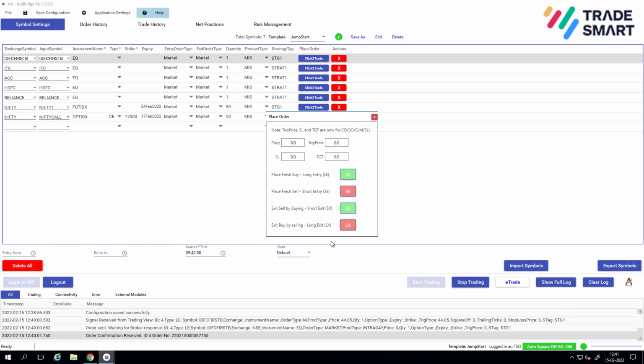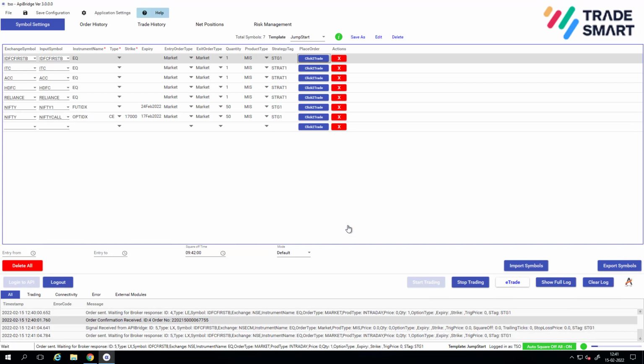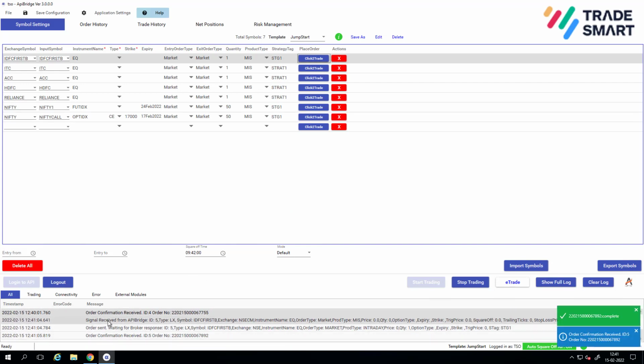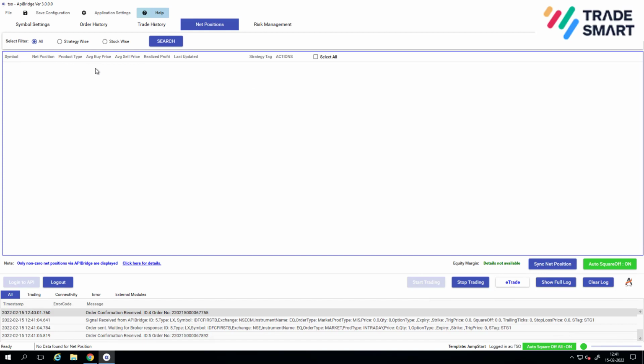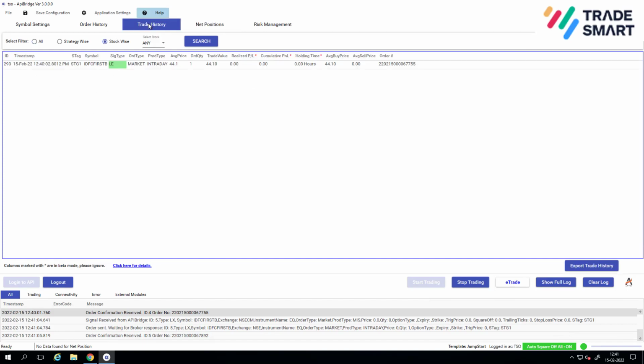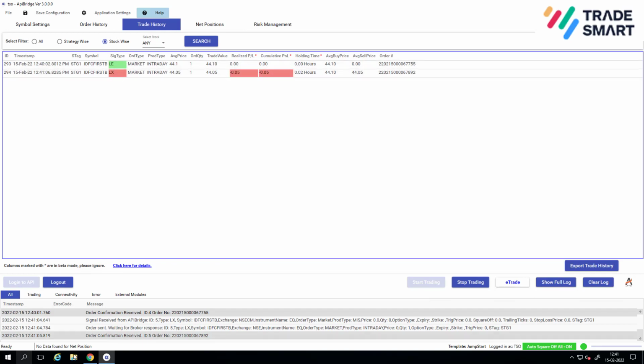So if I want to exit this, I'll click on LX, and as soon as I send LX, my order will get exited. I can check the net position. There is no net position here because I have squared it off. I can check the trade history, LE, LX, and now